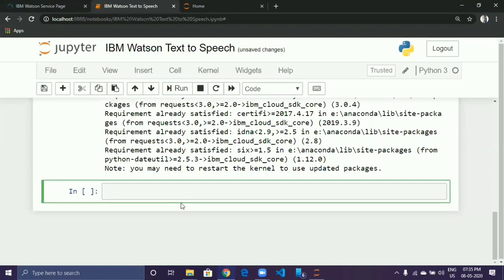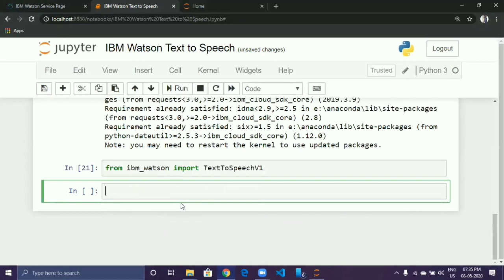Now let's import text to speech from IBM Watson. From ibm_watson import TextToSpeechV1. Now let's import IAM Authenticator from IBM Cloud SDK core.